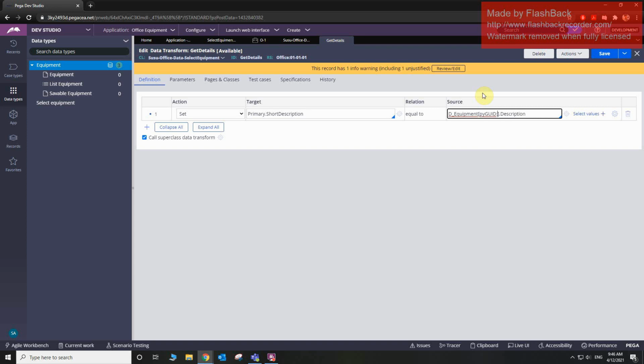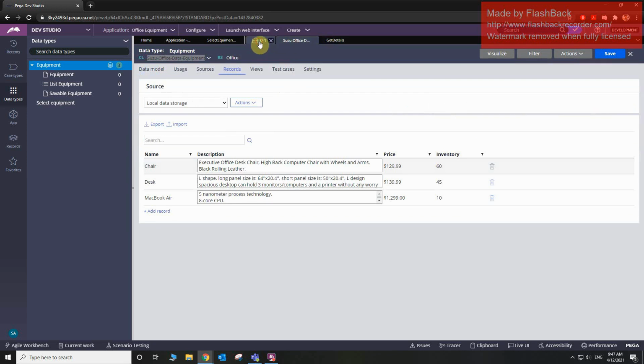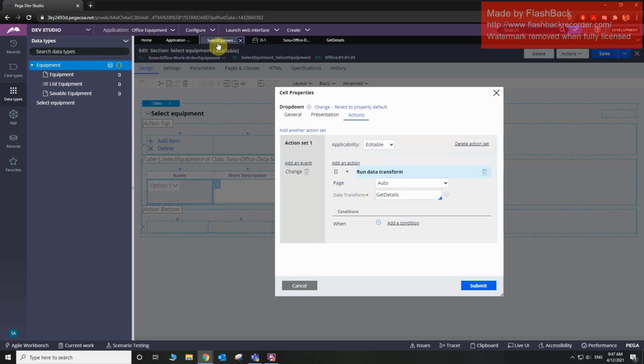PYGUID to be the same as our inserted PYGUID. This is telling Pega, hey, you need to go find the right equipment that has the same PYGUID as I inserted. Now let's save it. Okay. We have the data transform ready, and